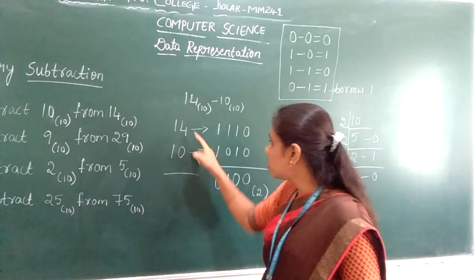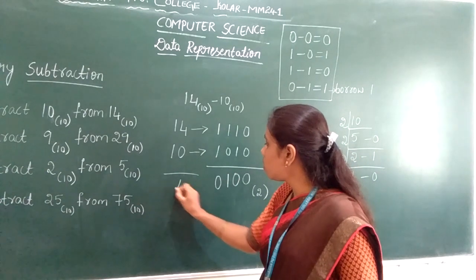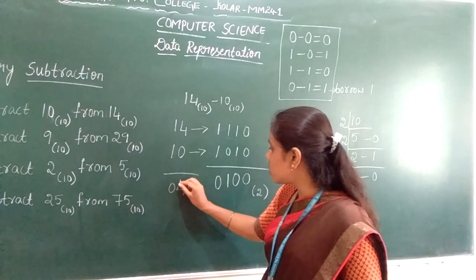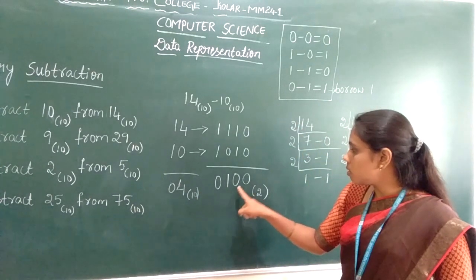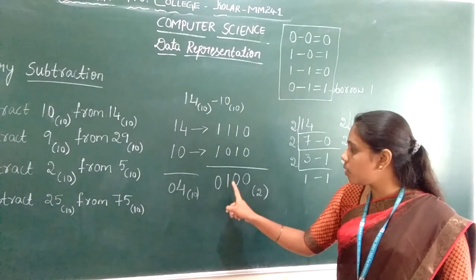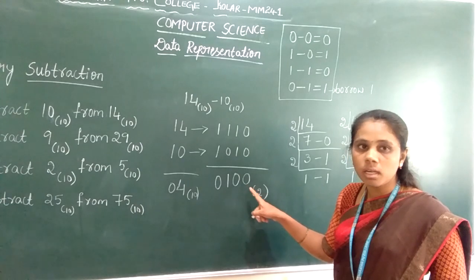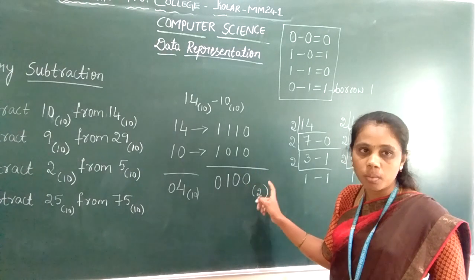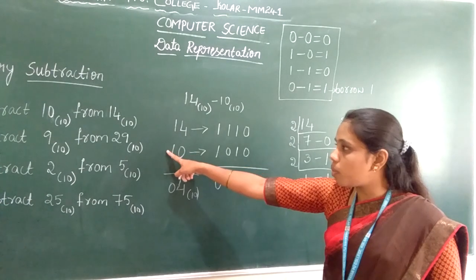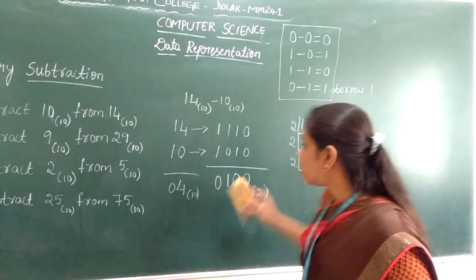See what we get. 4 minus 0 is 4. 1 minus 1 is 0. So this is 4. In binary format, the binary equivalent value for 4 is 0 1 0 0. So we got 4 as an answer. This is the first problem. Again we will see the next problem, that is subtract